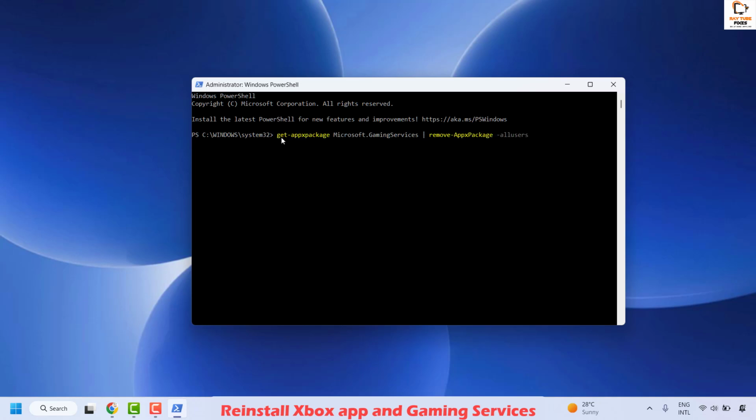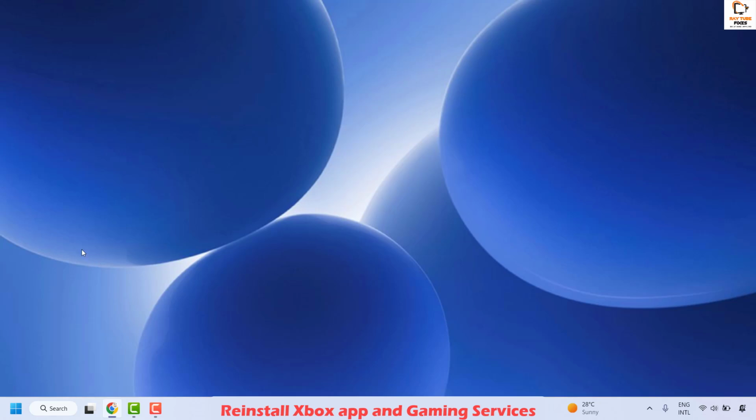So basically what you're doing here is you're uninstalling the gaming services from the computer. Once you have the command, hit enter. This will go ahead and uninstall the gaming services from the computer. Close this window, restart your computer. Once you restart your computer, you will have to go ahead and reinstall the Xbox app and the gaming services